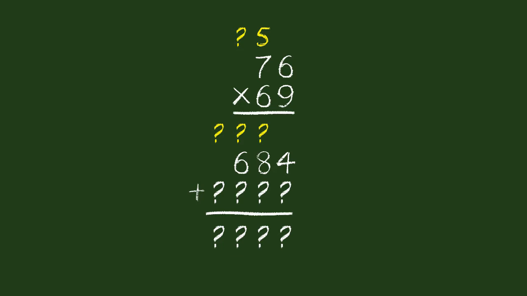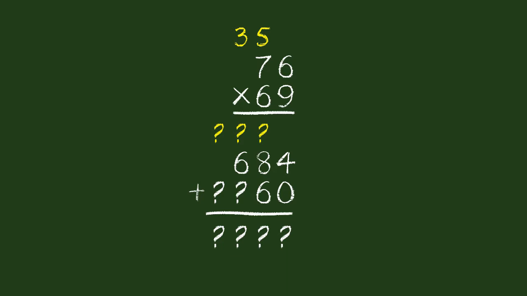We are multiplying by 60, not 6, since the 6 is in the tens column. To do this, put a 0 in the ones answer location here before you start multiplying. Then multiply the 6 times 6. 6 times 6 equals 36. Put the 6 of the 36 here in the tens answer location and the 3 up here in the tens